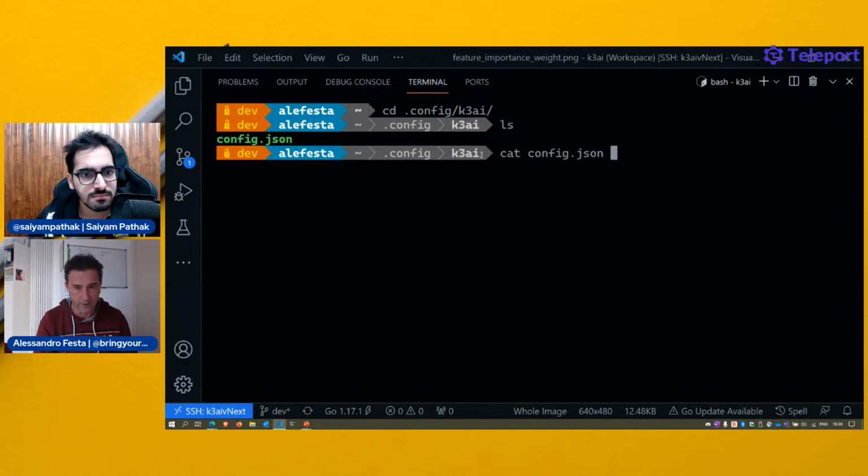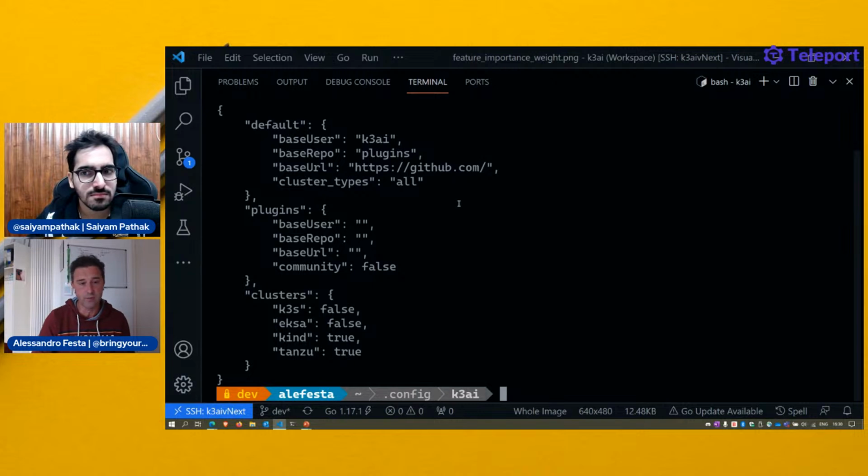And if I look at the config JSON, basically you see the configuration. Why did I create a config JSON file? As I said before, because this way you can constrain or restrict or customize K3ai to your demands.